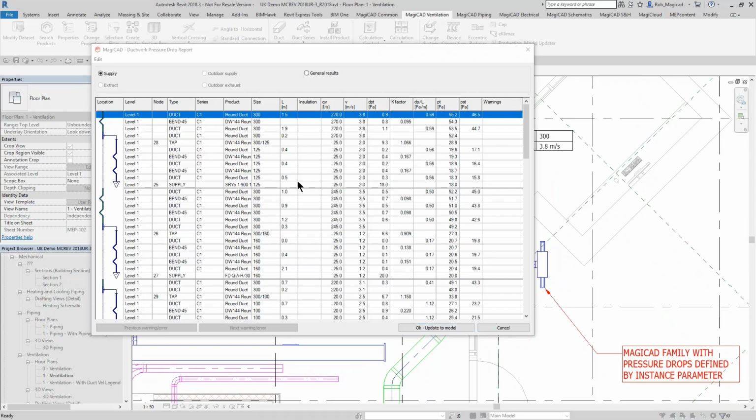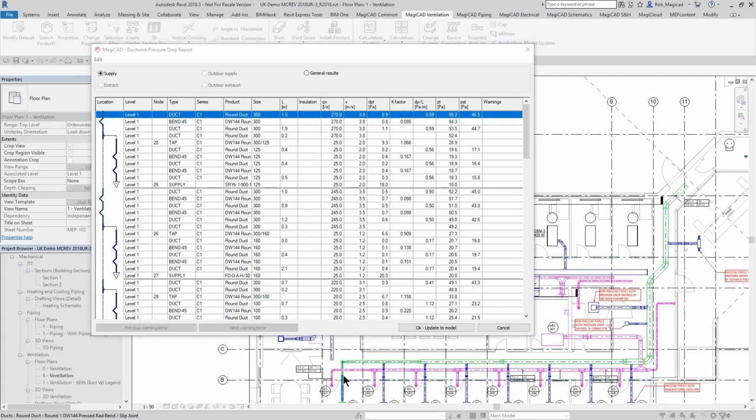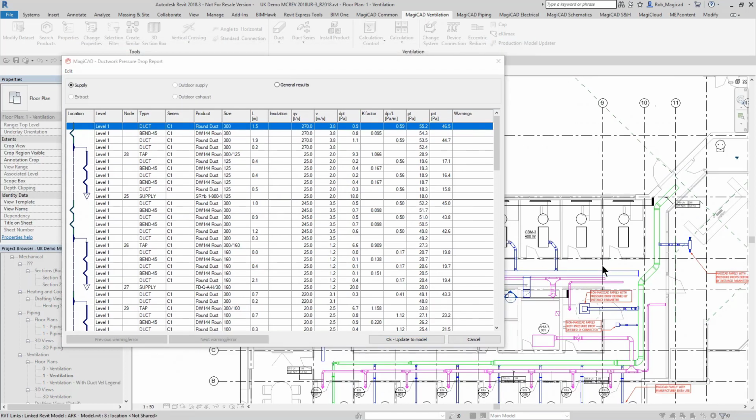And if I just click on that, you will now see that there is no actual adjustment values anymore, because nothing's being balanced. It's just reporting a pressure drop. So you'll see that in the view in the background, I'll show you that the index run is still the same, and the pressure drop is still calculated the same. But what you'll start to notice now is that in these